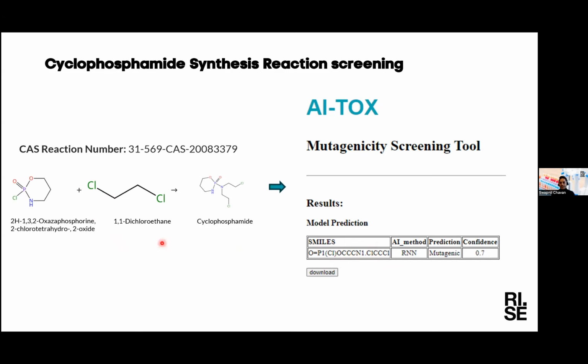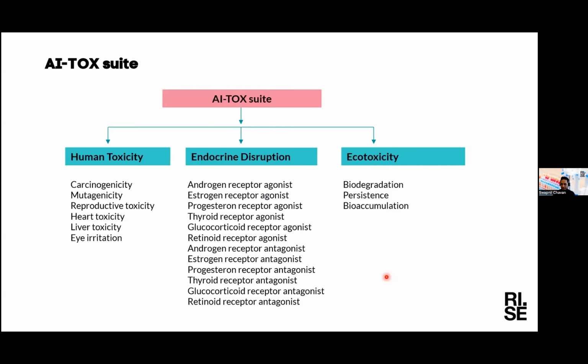And with this reaction, the usefulness of this new text embedding method is that it could be widely used in the life cycle assessment field, where there is not one component related to the compound, but there are its pre-formulation components and the degraded products of the given compound. So this text embedding method has huge potential to play a role in life cycle assessment. With that, I summarize our AI-TOX tool.